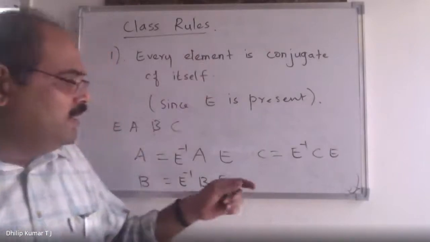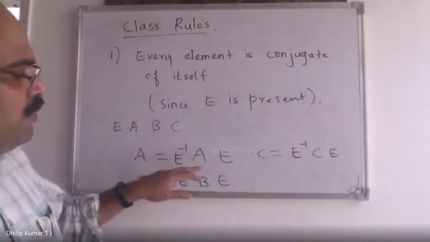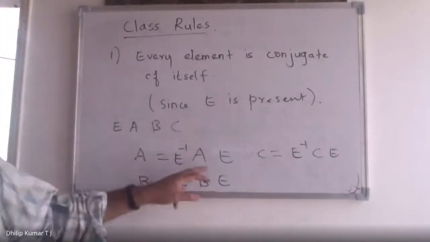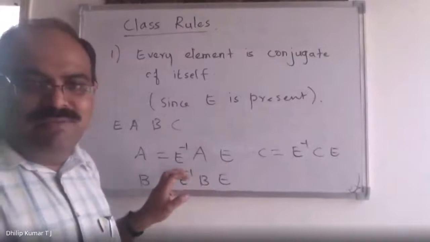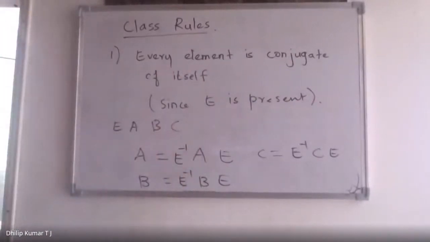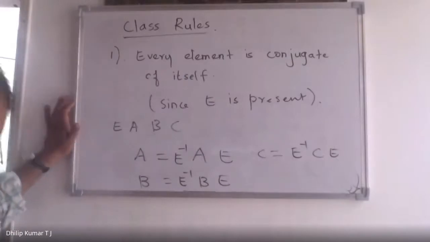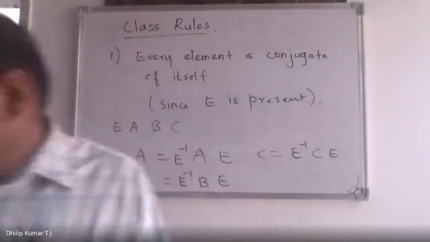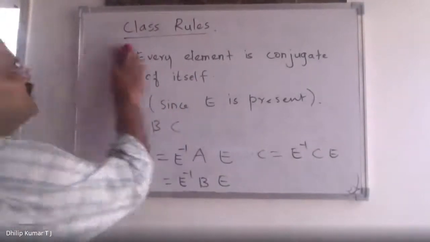Earlier yesterday I was writing A. If you have any other element, if you multiply with X or X inverse, it was giving B, right? So the first rule is that every element is a conjugate of itself, because E is always present. So you can write in this form. This is the first rule. The second rule is